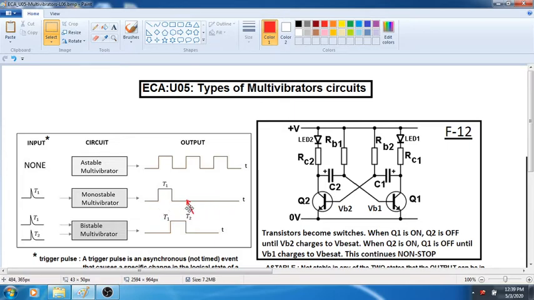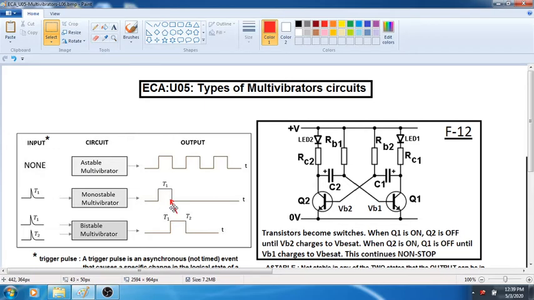So if we call it the low state, we will call this the stable state. Why are we calling this the stable state? Because if everything is left alone, it will come back and be in this state. So it is stable in this state, it won't change. Now we want the monostable multivibrator to go to the other state. Take an astable multivibrator, we don't have to tell it anything, it will go to the other state, and it will come back to this state on its own.